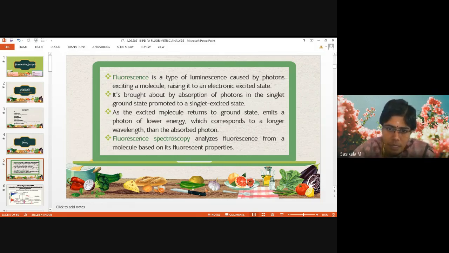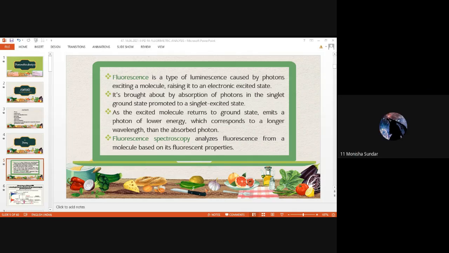So in the visible region, what is the visible range? What is the visible range? That should be noted for fluorimetric analysis. So definitely fluorescence occurs in the visible range only. What is the visible range? What is the UV range? One of you give answers on UV range and visible range. If you know that clearly, then only you will understand the fluorescence concept. So how the molecule is moved to the excited state from ground state, and how it is transferred from excited state to ground state. What is the range of UV and visible?